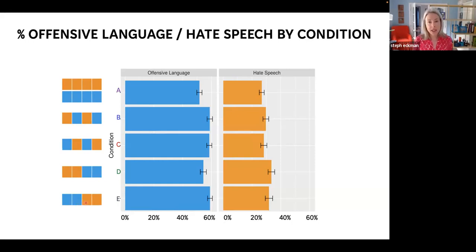And so I think what's going on here, it could be some kind of fatigue effect, right? So we're getting more hate speech when hate speech is first, and we're getting more offensive language when offensive language is asked first. And maybe by the time you get to the back half of the instrument, you realize, I'm going to see all those tweets again. And so you do less offensive language in the second half of the coding and less hate speech in the second half of the coding.